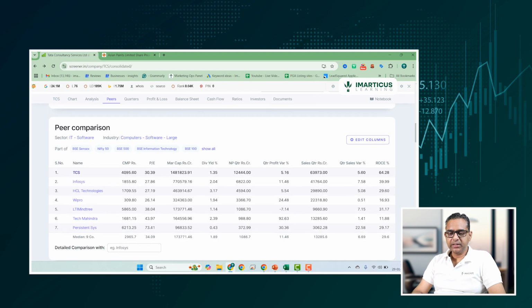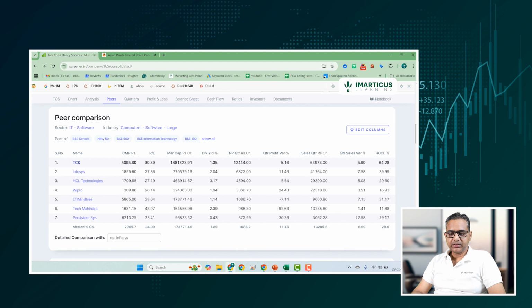These are the peer companies for TCS. So we'll see what is the P/E ratio, what is the EV to EBITDA ratio, what is the EV to EBIT ratio these companies are trading at, and accordingly, if our company also gets that multiple, then what should be the value for our company. So this is how we do trading comparables valuation.